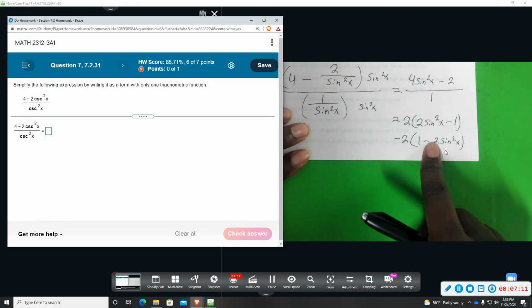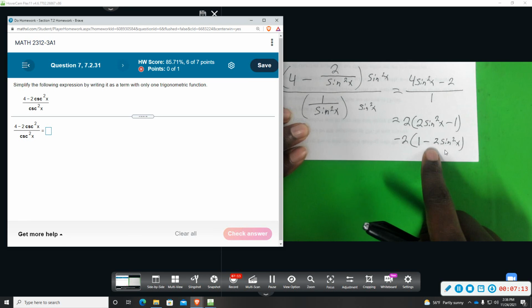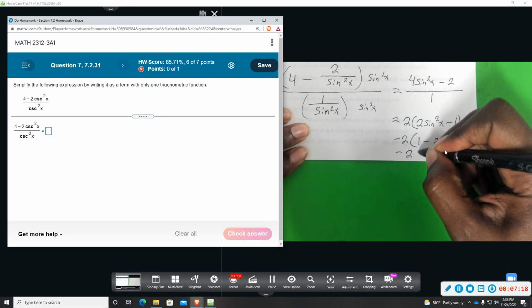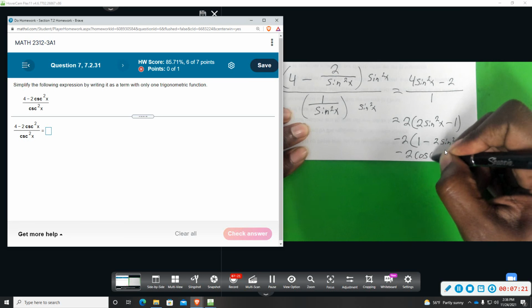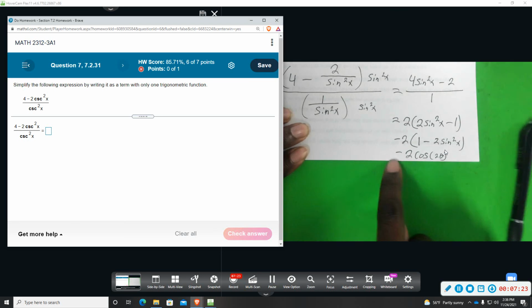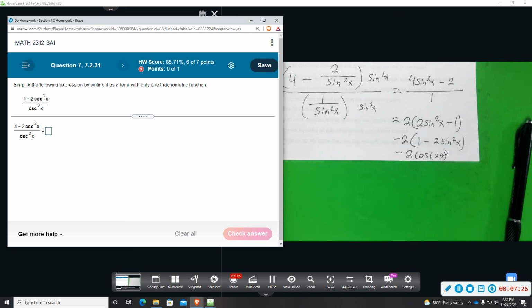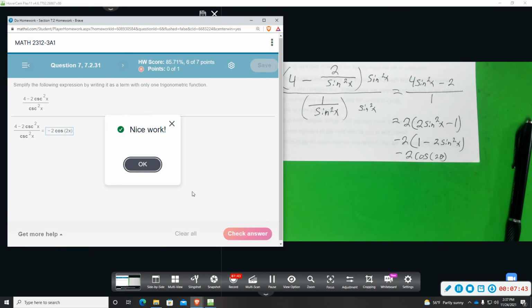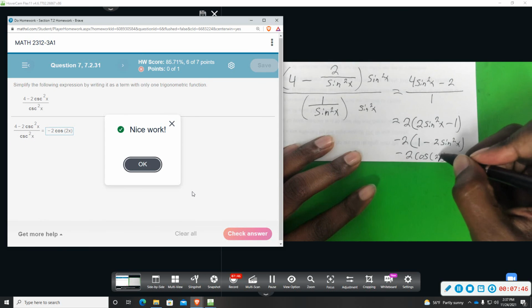Alright, so this, according to identities, is cosine 2 theta. So I'll have a negative 2 cosine of 2 theta. So this is how we can rewrite that problem in one trig function. Negative 2 cosine 2x. I'm saying 2 theta because that's what we normally use, but 2x. I just changed it myself. 2x. That'd be equal